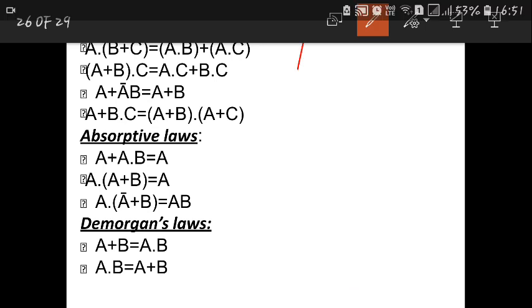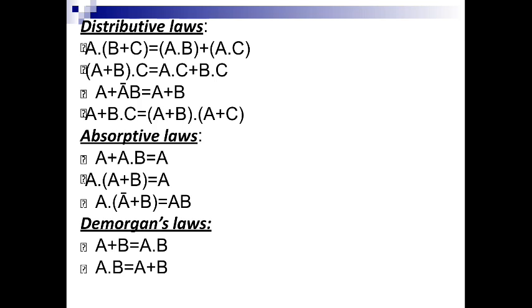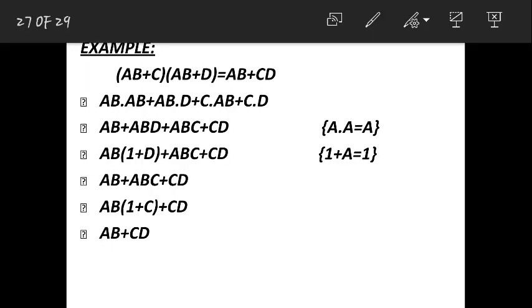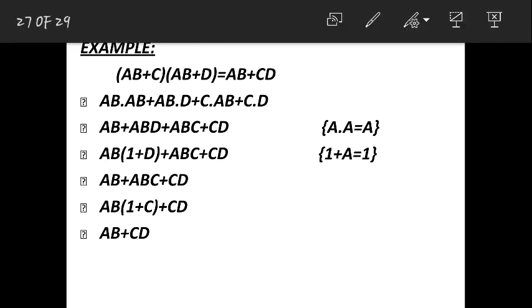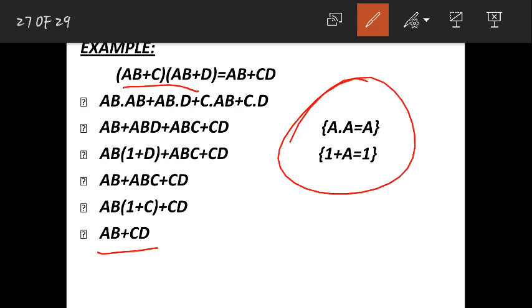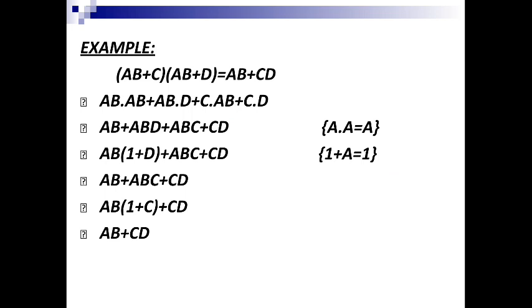Is that fine? We are short of time, so if possible we will discuss the other topics in the next session. These are a few examples. See, this is the equation he has given, and he simplified such a big equation to this equation using all the postulates. These are the two postulates he used in this line. So just pause it here. Before checking, first try to solve it yourself using all those postulates and laws, then check your answer with theirs.